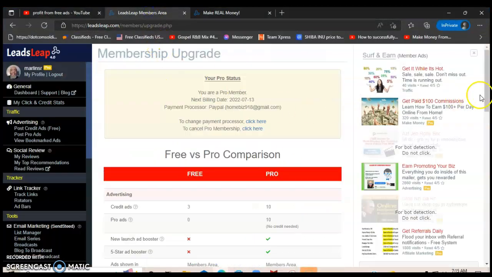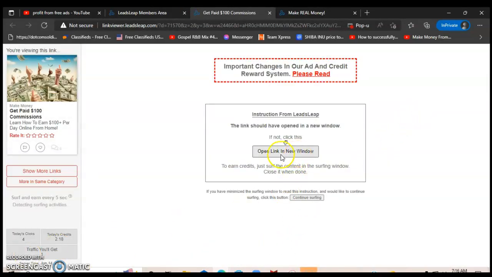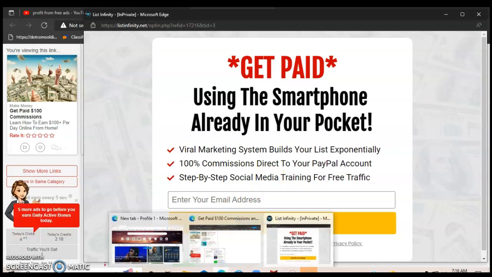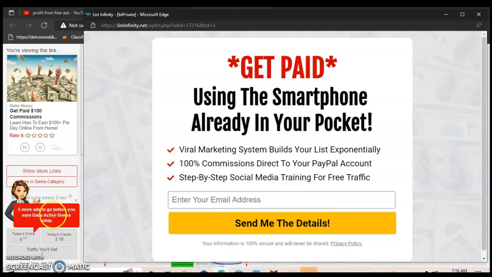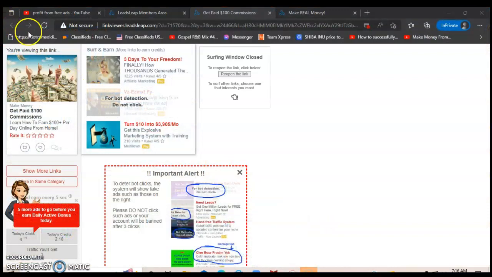Let's go back over here. So I've shown you how to click on each site to gain credits. I'm going to do this until I get 10 sites. Normally I click on 20 or 30 sites a day. It says 5 more ads to go before you earn the daily active bonus today. You get bonuses once you click 10 sites. Okay, I'm going to go back to my home page,